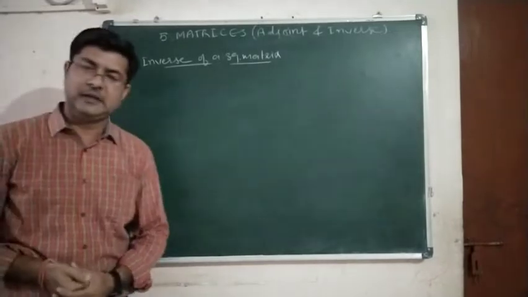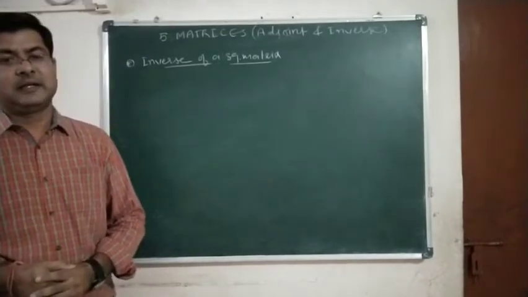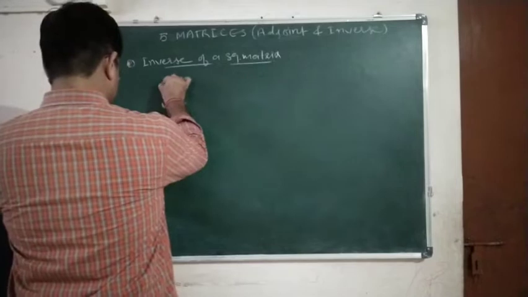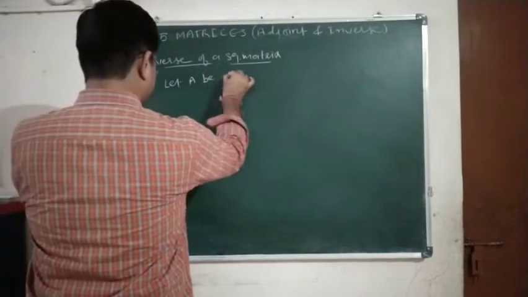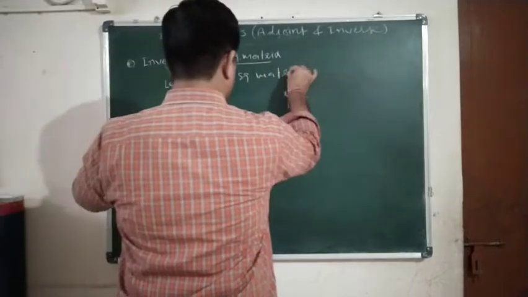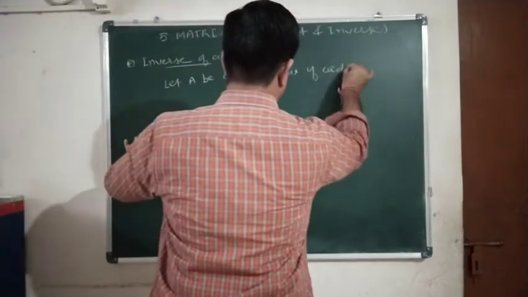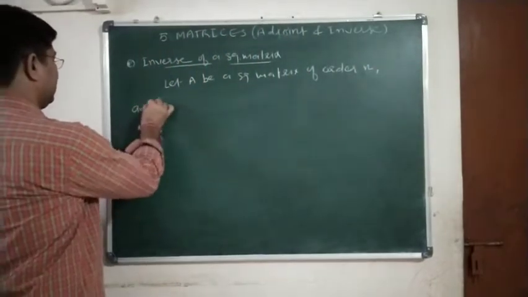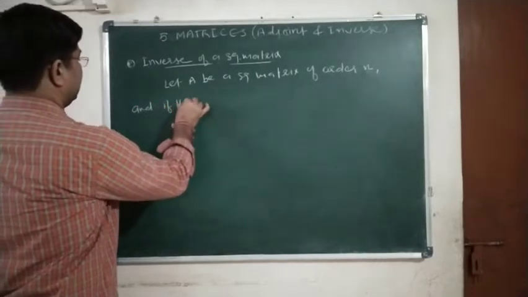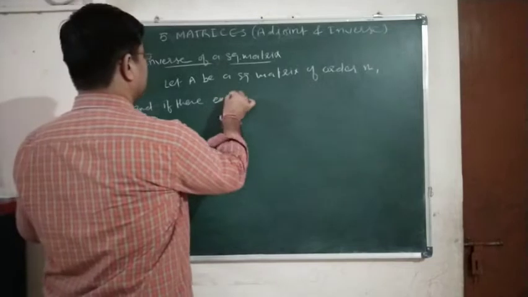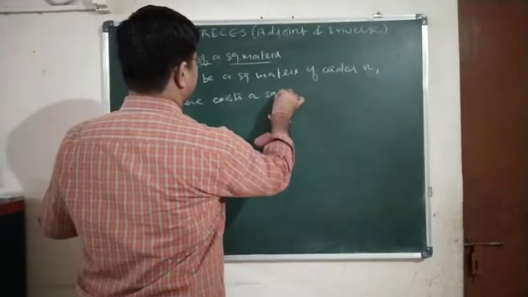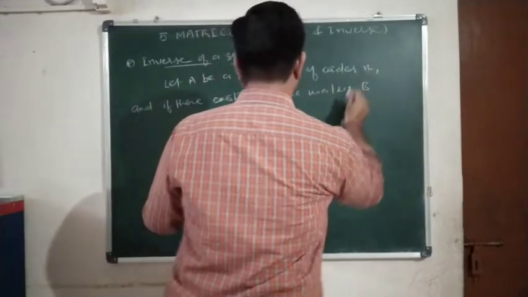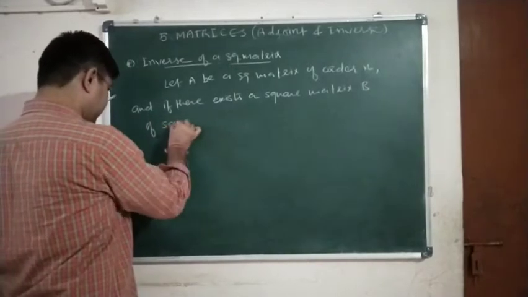Suppose A is a square matrix of order n, and if there exists a square matrix B of the same order,